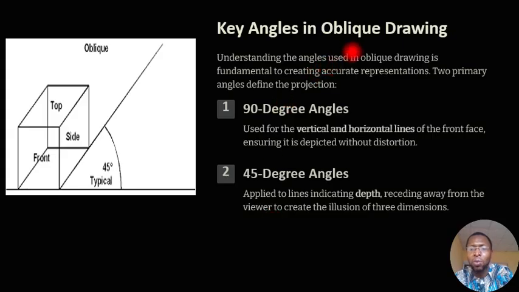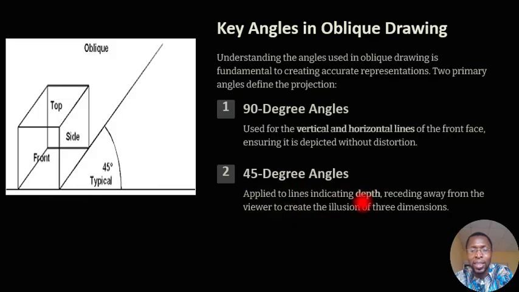Now, the key angles in oblique drawing are just two: the angle 90 degrees and the angle 45 degrees. All right. Now, the angle 90 degrees is used for the vertical and horizontal lines of the front face. You see the front face here now. So this is the angle 90 degrees here. This line and this line form 90 degrees. So we use it to draw the front face of the object, while the angle 45 degrees is applied to